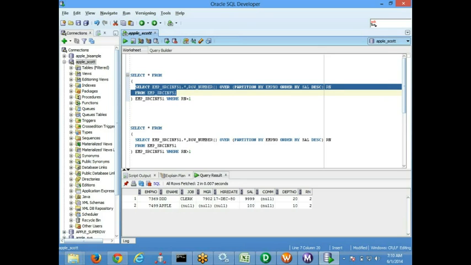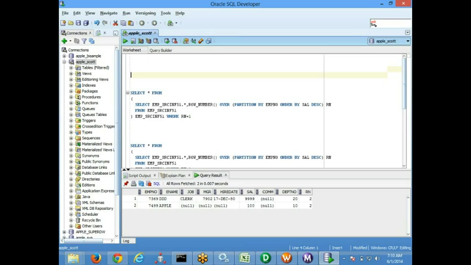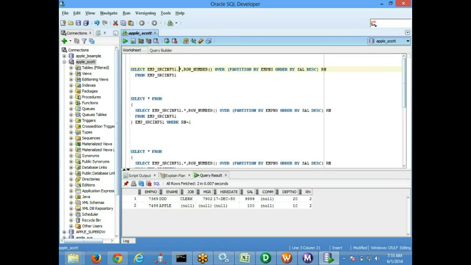This is the one function I am writing here. These are all normal columns, and this is your analytical function, like sum, min, max, and you write it in the same way. This is a function, row_number. Like this, we have a function